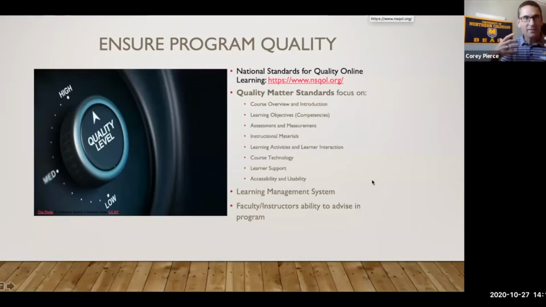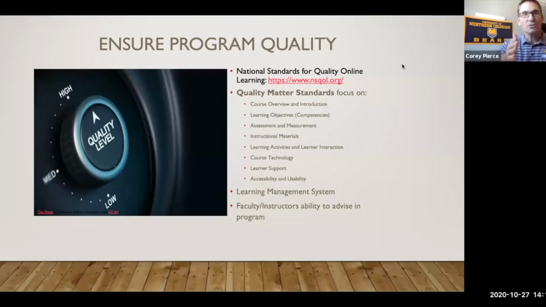And they come in and say, okay, this is why I'm in this class. This is what I'm going to learn when I'm in this class. They're going to know how they're going to be assessed on it, the measurement tools that are in there. So they're going to know, okay, I'm going to learn this. This is how I'm going to demonstrate what I've learned. They're going to have technology that's accessible and usable for everybody. And they're going to know that there's supports for them.